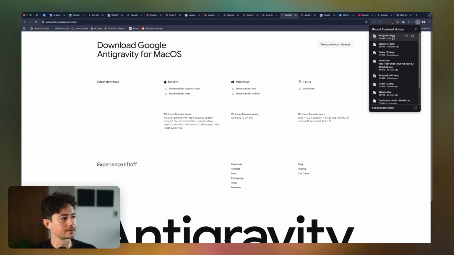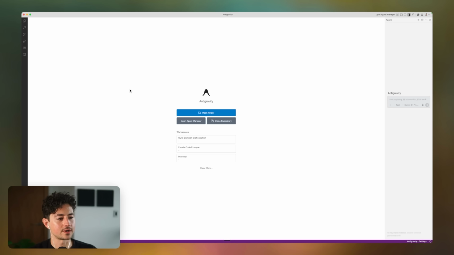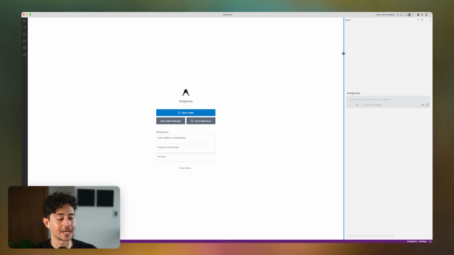And once I give that a click, we'll be taken to a very similar looking page here. And then I can just drag Antigravity over to applications. The very first time you open up Antigravity, it'll look something like this. In your case, maybe it'll be dark mode, or maybe it'll be entirely light. I just have some styling settings, which is why mine might look a little different from yours. You may also have to log in unless Google logged you in automatically. In my case, it logged me in automatically because I've used it before. Assuming that you've done that though, on the right-hand side, you'll see an agent modal.